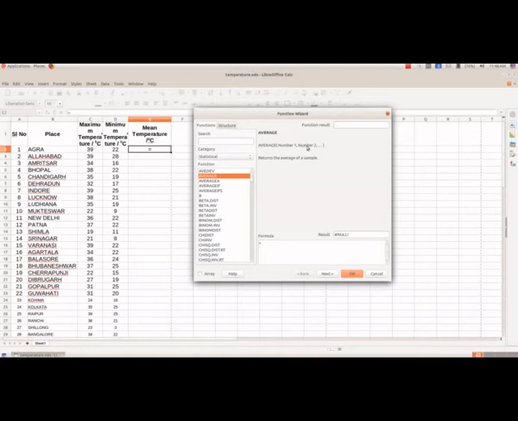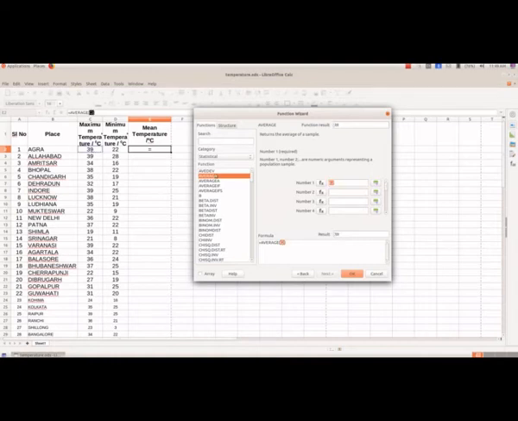And average means we have to give the values. So after this we have to click Next, and here we got this window, and here we have to select the first value.